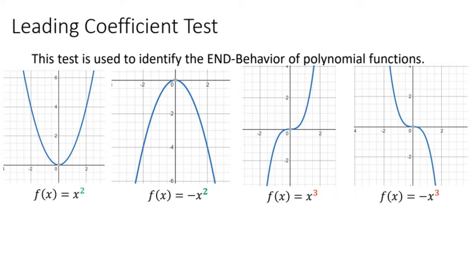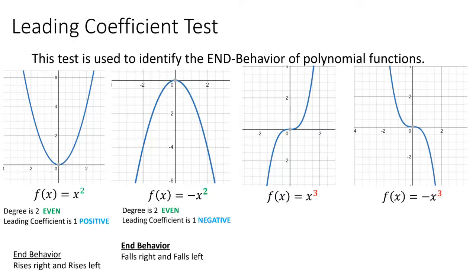The other type of polynomial is an odd polynomial, determined by the degree again. Since the highest exponent is 3, an odd number, this is an odd function or an odd polynomial. If its leading coefficient is a positive number, then it's going to